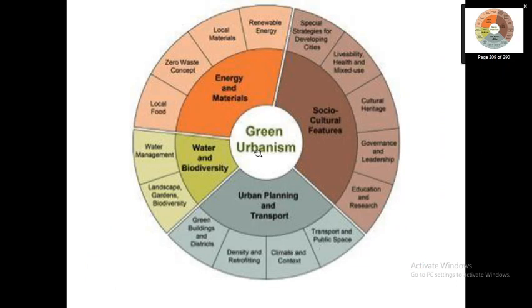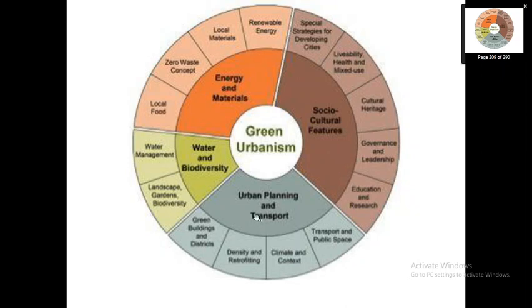So green urbanism is a movement where they work in terms of energy and materials. Energy is by wind energy, electrical energy, gaseous energies, etc., and by materials. And social and cultural features, urban planning and transport, wildlife and diversity. So, energy and materials: local materials must be used, renewable energy must be used, and the zero waste concept and local food. And social cultural features like the gap between the rich and poor should be reduced, governance and leadership should be improved very democratically, education and research should be given importance, livability, health, and mixed use must be encouraged. Cultural heritage must be retained, and special strategies of developing cities